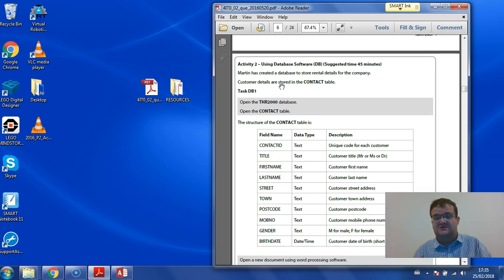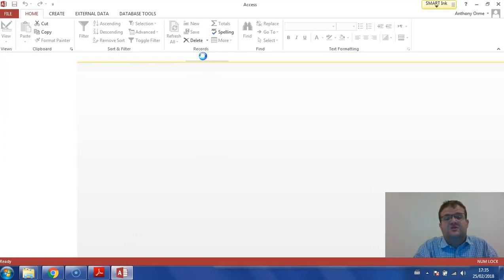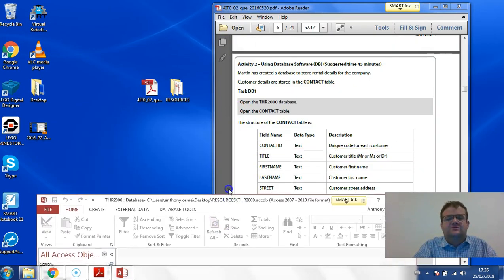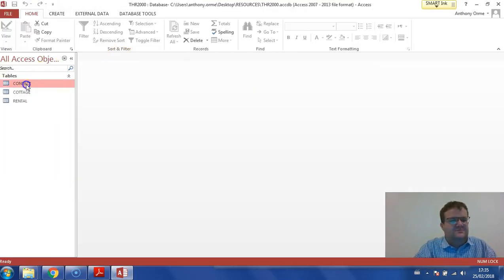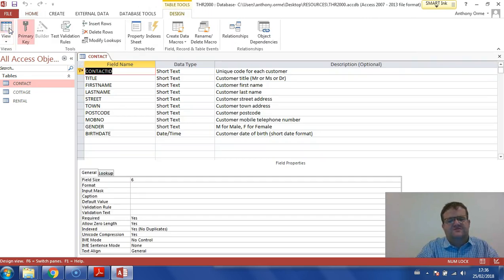Company details are stored in the contact table, and TaskDB1 asks us to open the database, which I've just done, and I'm going to just enable content there. That just saves me problems when I'm doing the work. It also tells me to open the contact table, so I'm going to open that now, and I have my contact table, and I'm going to go to the design view, so view and design there,